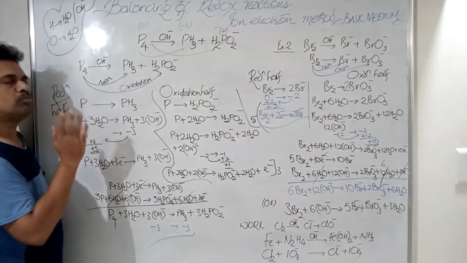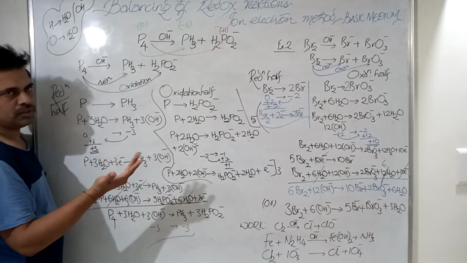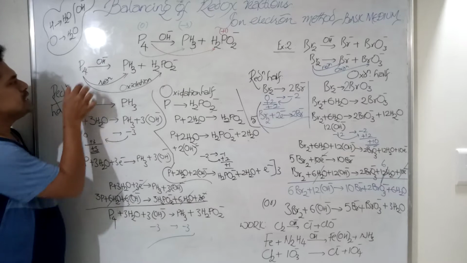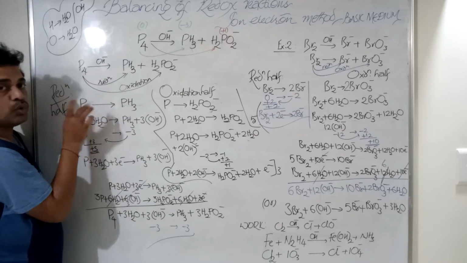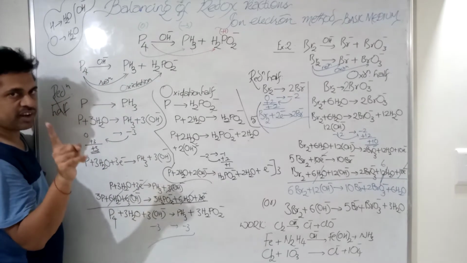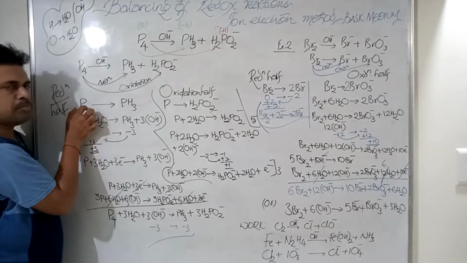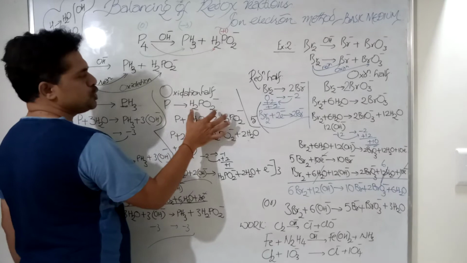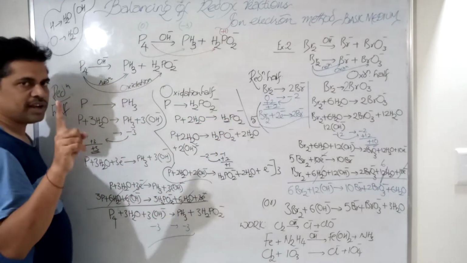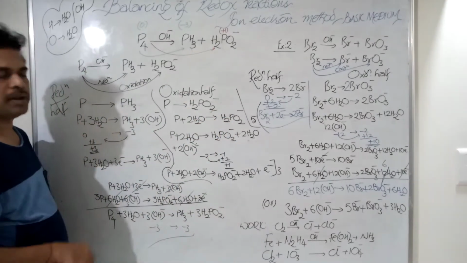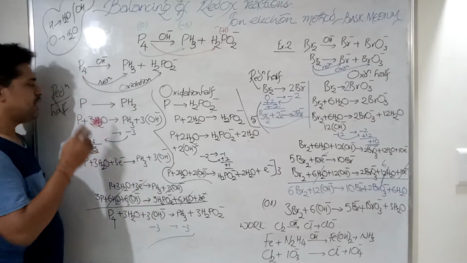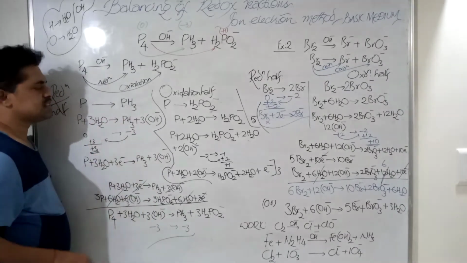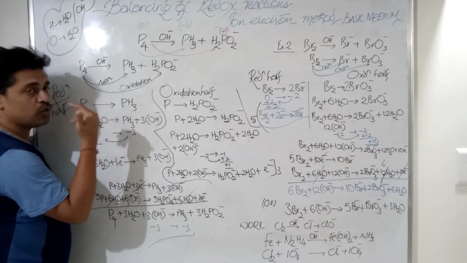So two examples I am going to explain. One I am taking as P and another I will take as P4 type. See, P4, but I am writing only P. You can write that, don't worry. P gives rise to PH3, and P gives rise to H2PO2 minus. Now one atom only we are taking, to make it simple. First step, phosphorus atoms are already balanced. Next step, hydrogens. Oxygens are not there, no worries.